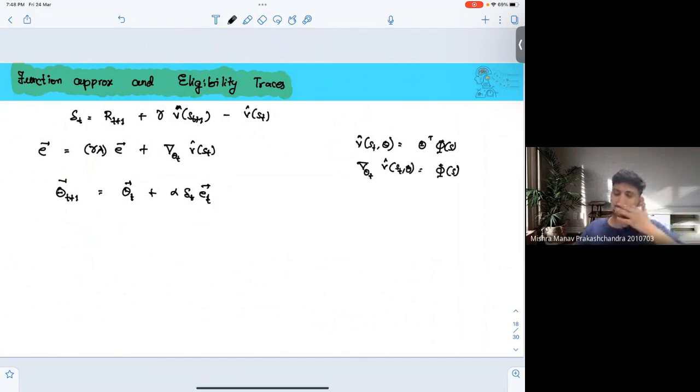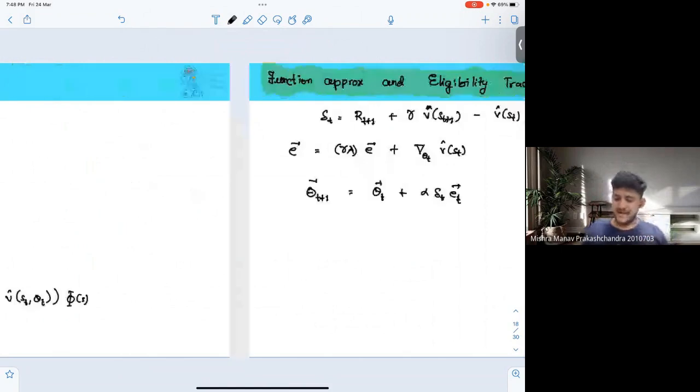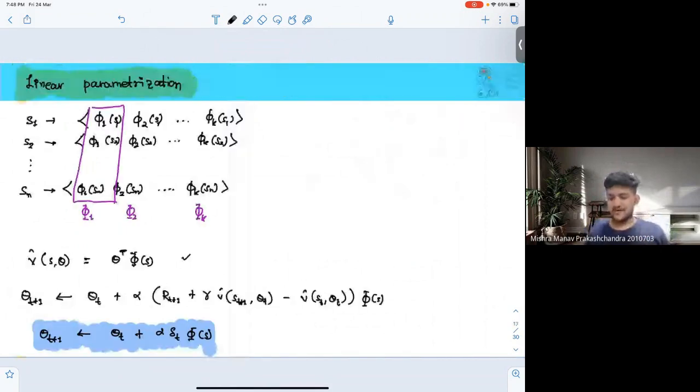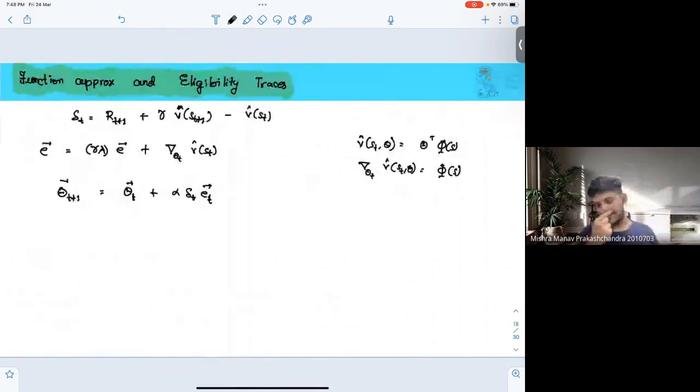If I plug it here, I end up getting the same update rule that I had in the previous equation, right? Or in fact, if I were to represent it as in what we were doing earlier with the value function based method, when we had a lookup table, that means I have that many parameters equivalent to the number of states that I have. That means when I take the derivative of that, I end up getting